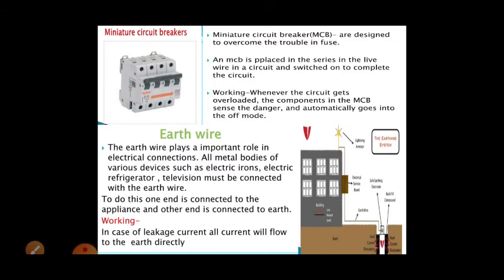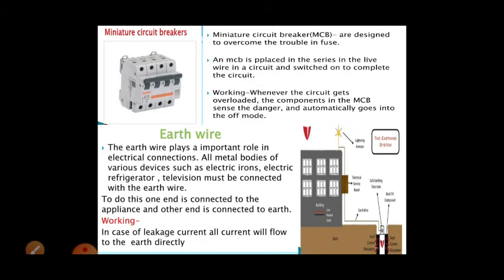If you observe, when we get a new connection from the electric meter, at that time we must do the earthing connection first, then connect with the main switch, with the electric supply.